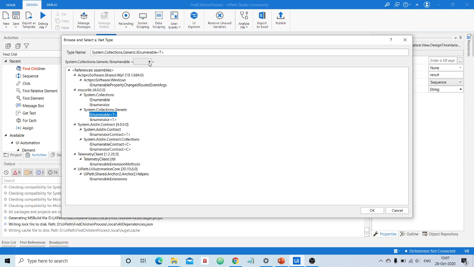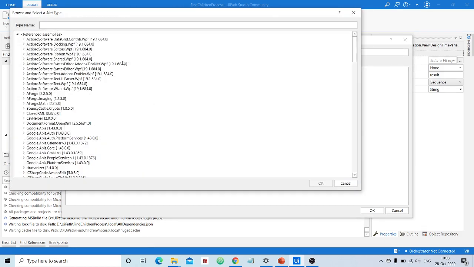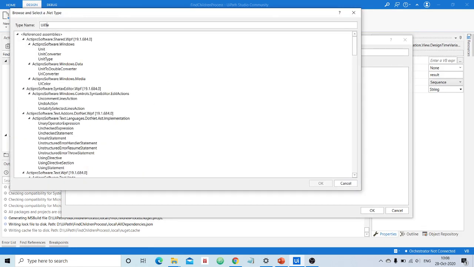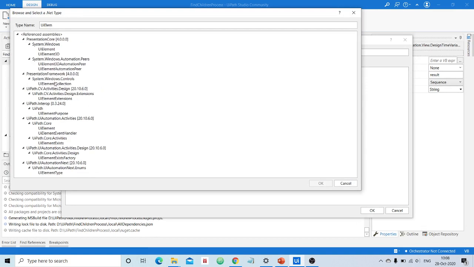In this drop down box you need to specify the value for this T, and that value by default will not be available here. Choose Browse for Types, and we have to use a type called UIElement.